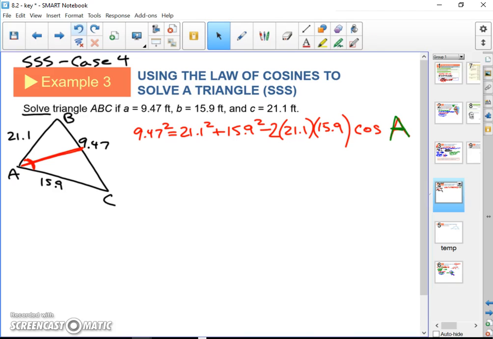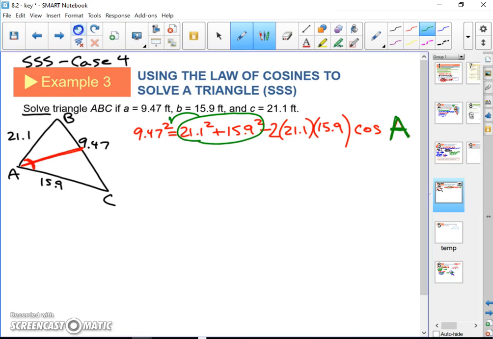I think the easiest thing to do is to manipulate the algebra in your head ahead of time. I don't want to have to type a whole bunch of different numbers into my calculator and then use those numbers to make new numbers. So here's what I will do. I want you to really focus on the algebra. I'm doing some mental math here. If I was going to isolate A, I would have to subtract these two things over. We're going to subtract those two things over, and then we're going to divide by that negative 2 times